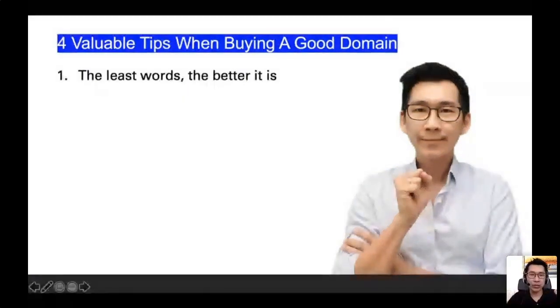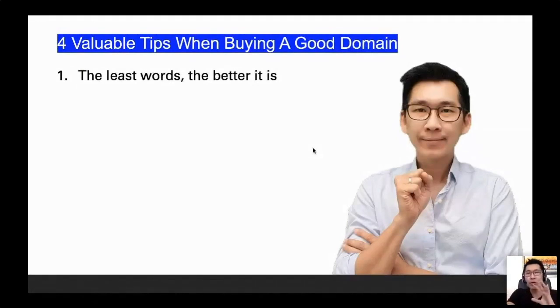Which leads to the next point, a 3-word domain name. It's very likely you end up with a 3-word domain name. I feel that 4 is like the worst scenario, if you really need to have 4 because it's your product's name or you need to complete the so-called sentence. 5 words to me will be a no-no; you should not have a domain name that has 5 words. So if you're going to have 3 words, preferably the words are not long.